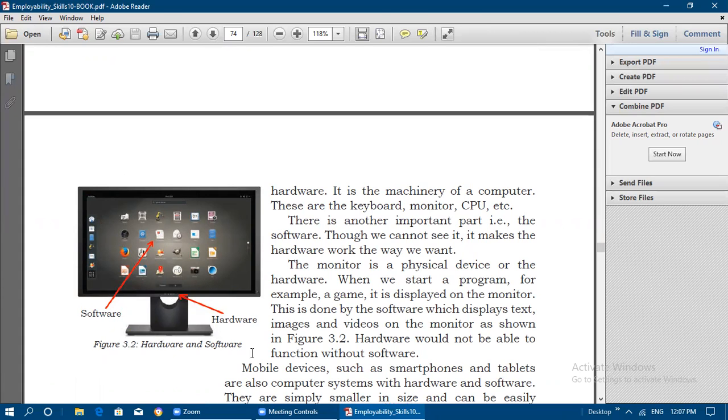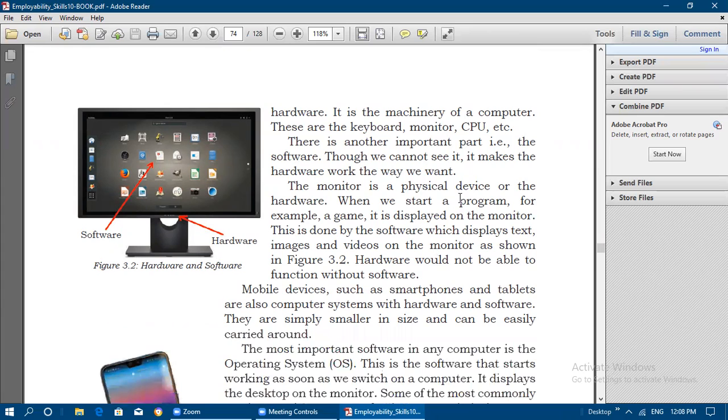Here we have a monitor, and there is another important part, that is software. Software is a set of applications or programs which are there for doing work. Though we cannot see it, it makes the hardware work the way we want. In whichever way we want the hardware to work, the software enables it.